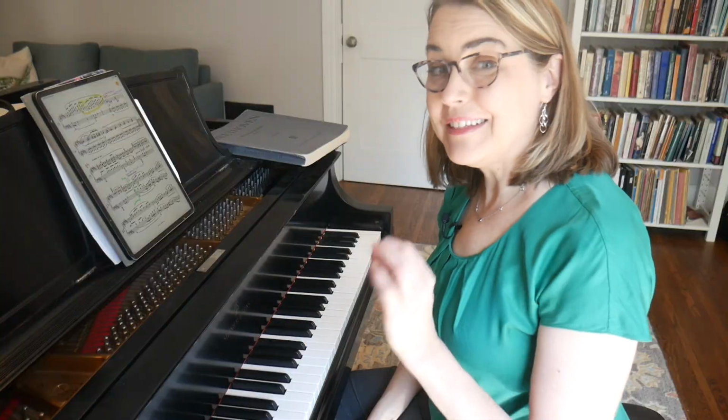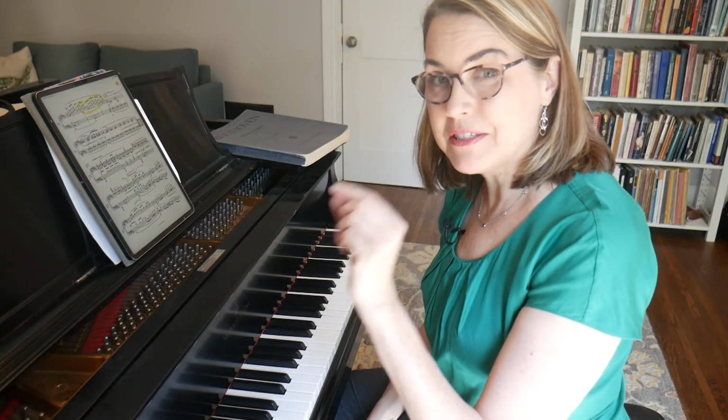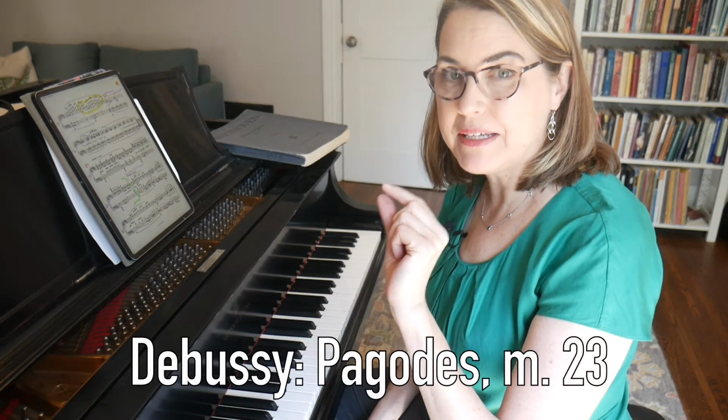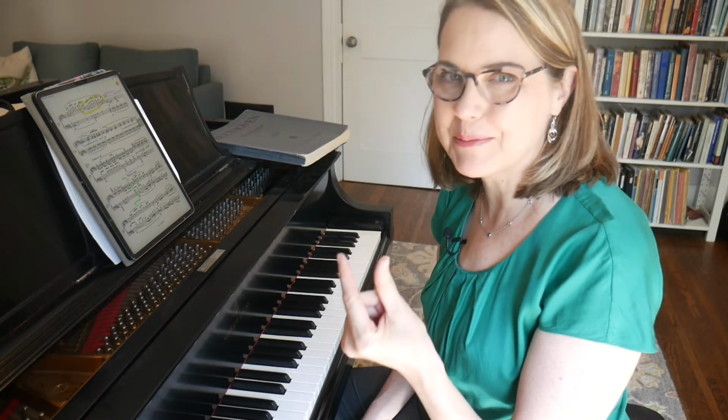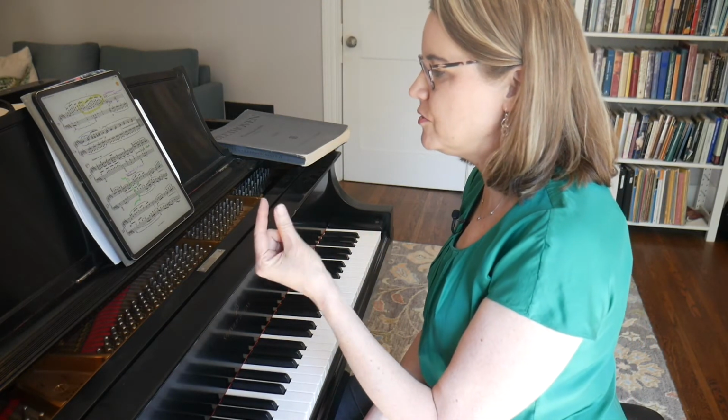As you practice, notice all of the markings and the phrasings that you want to do and make sure that you're following and practicing all of them. In this example, I'm going to practice a very small snippet of Pagodes by Debussy from his Estampes. Normally, I would apply this practice technique to a larger section, but for the sake of time in this video, so you don't have to sit and watch me practice for too long, I'm going to do just a tiny